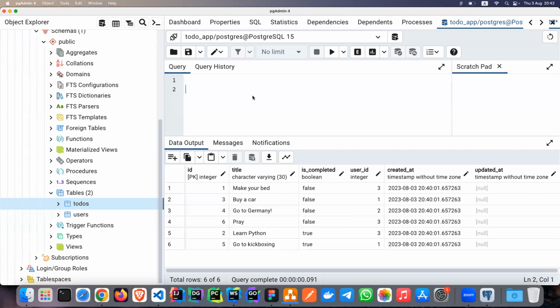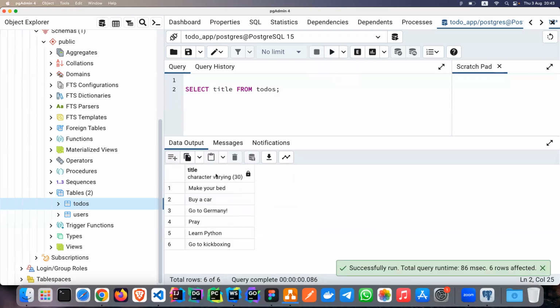So I want to focus on actually selecting some data. Whenever I select some data from to-dos, let's say I select ID, and let's say I select title from to-dos. I want to see only to-dos that are completed. I need to write some condition. When I write some condition, I will write where. Select title from to-dos where is completed equals true. Okay,